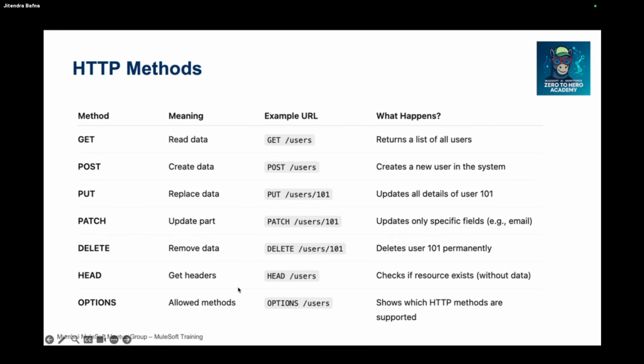HEAD: sometimes before creating a resource, we want to check whether a particular user exists or not, so you can use HEAD. First you check whether the user exists or not. If the user exists, you can call the PATCH method. If the user doesn't exist, you can just call the POST method. PUT does the same thing, but in some cases there might be complex logic where PUT doesn't work, so you can check with HEAD. Then we have OPTIONS, which will just say what the different methods available for this particular API are. So these are some of the HTTP methods we're going to use.